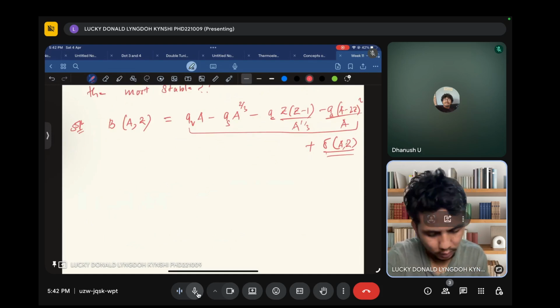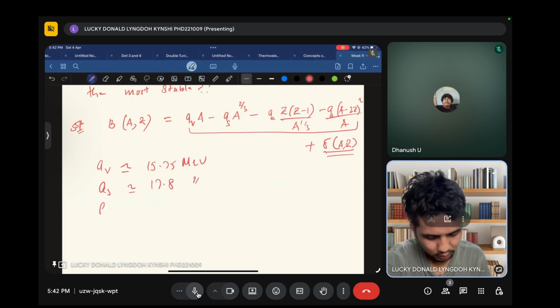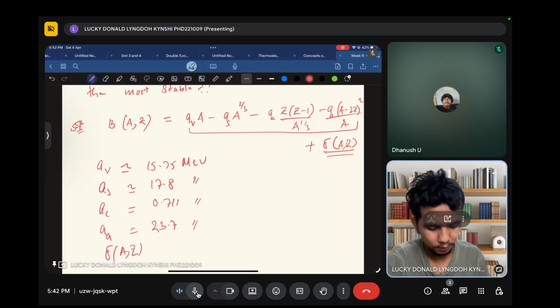If you find out from any textbook, AV is approximately equal to 15.75 MeV, AS is approximately 17.8 MeV, the Coulomb energy term AC is approximately 0.711 MeV, and the asymmetry term is equal to 23.7 MeV. And finally the parity term, delta of A, Z, is approximately equal to AP, which is